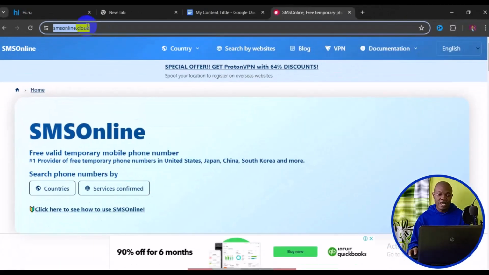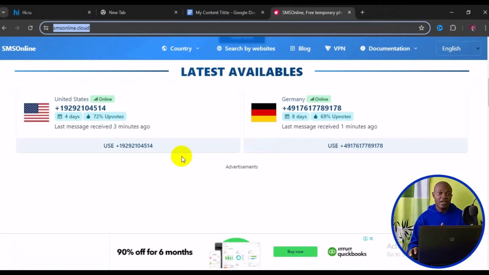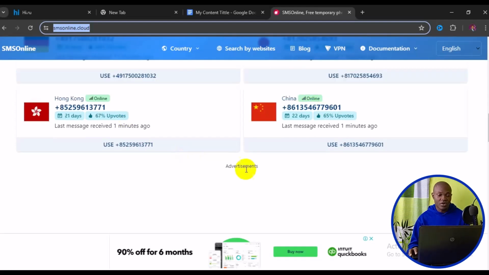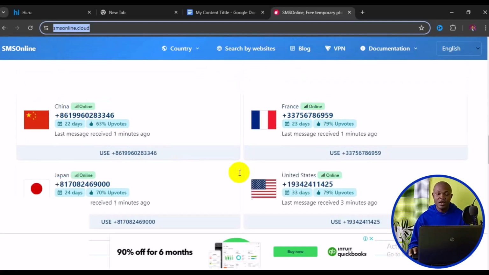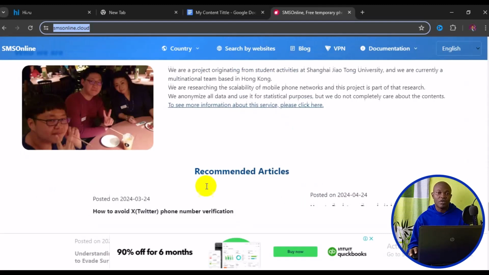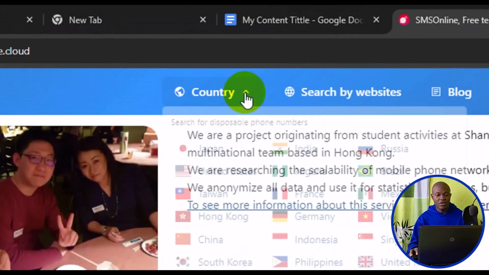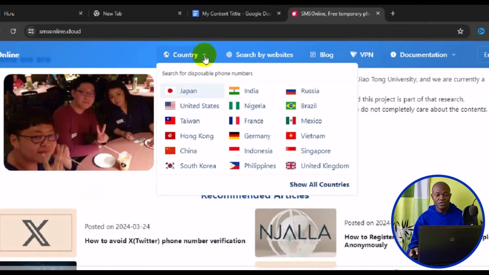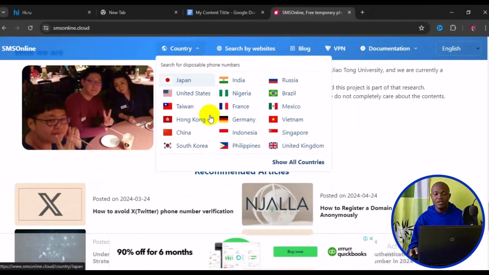When you get to the site, you can simply scroll down and see available phone numbers for different countries, such as US, Germany. You can scroll down and see more countries as the case may be. Now, for you to see all country phone numbers on this website, navigate to the top right here and click on Country. This is going to drop down so you can see all available countries, such as